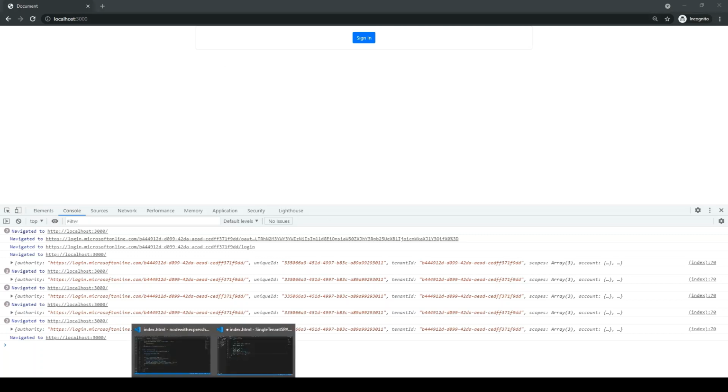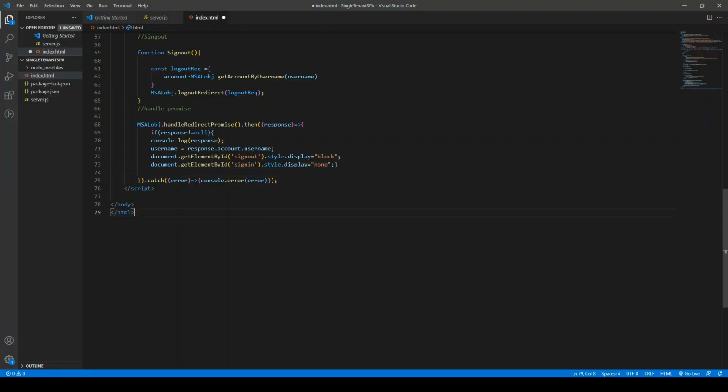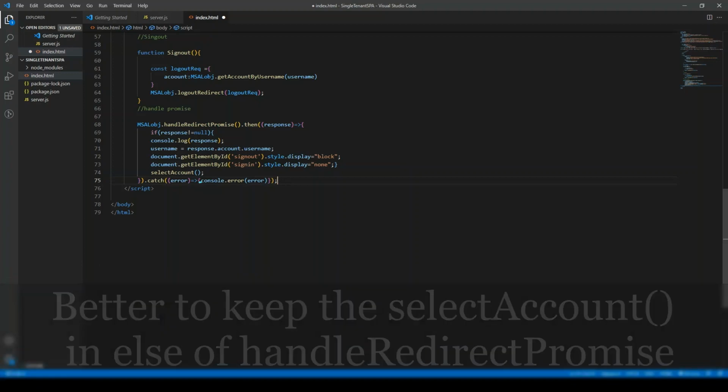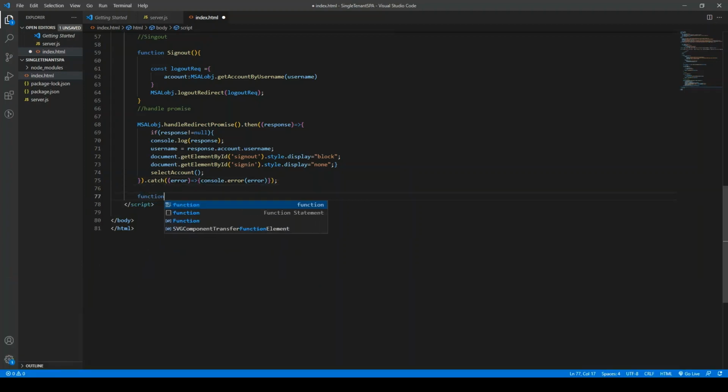So I'll go back to VS Code and in the handle response, what I'll be writing, I'll say we'll call the select account method if the response is null, and let me create a function, select account.